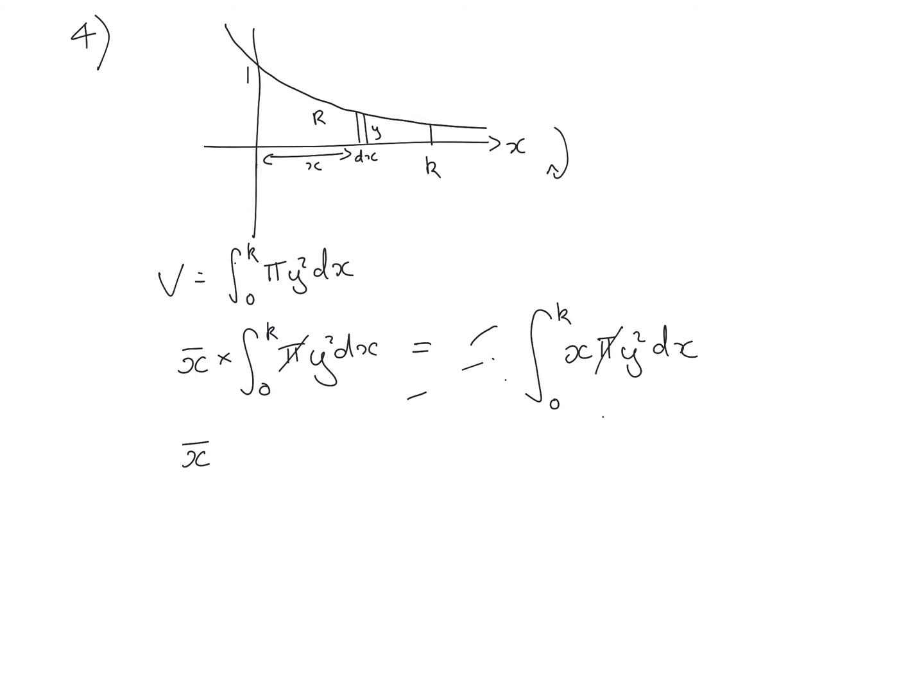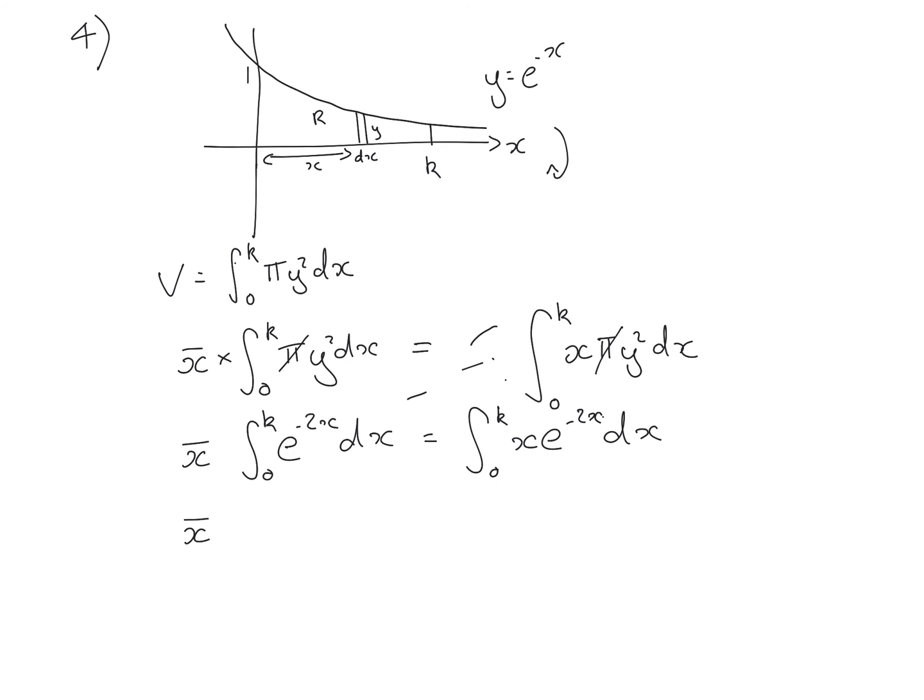Y squared, so we know that y equals e to the minus x, so we've got the integral of e to the minus 2x dx equals the integral between 0 and k of x e to the minus 2x dx. It's both integrals that I feel reasonably comfortable. Obviously the one on the right is slightly more tricky, but